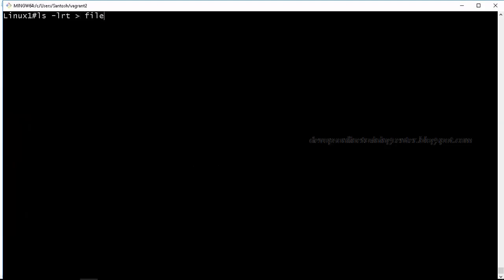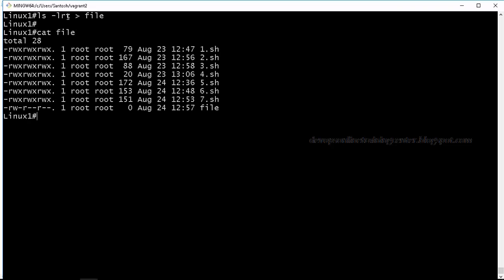If there is any ls -lrt command, it will redirect the output of this ls -lrt command to a file called file. If you open the file, you will have the output of ls -lrt. Or if you just say hostname and redirect it to this file, let us say file1, you will have the output of this command. What is the output of this command? Whatever the hostname, right? So like this, any command's output can be redirected to a file using the greater than operator.